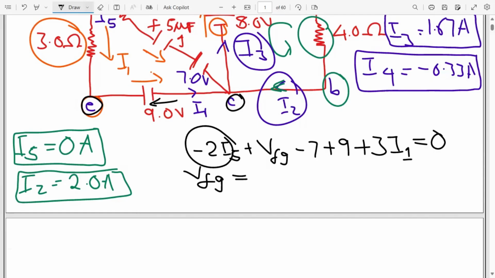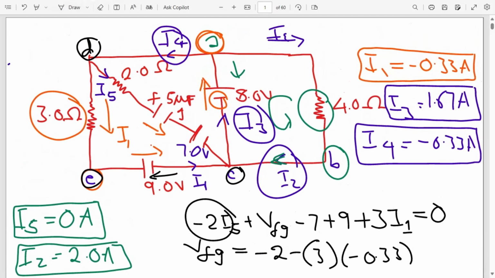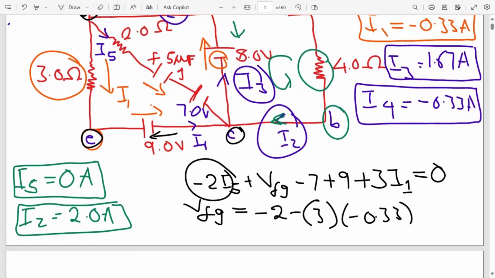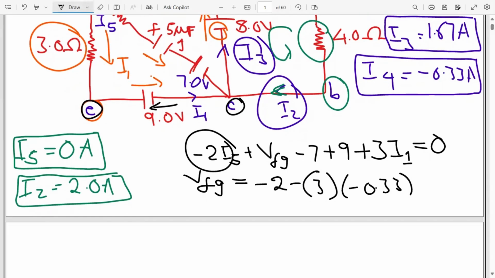So I'm going to have -2 minus 3I1, where I1 is negative 0.33. If I move this to the other side, it becomes negative. Even here, I'm finding a +2, and if I take it to the other side, it will be negative. Okay, so that means my voltage across the capacitor should be equal to,